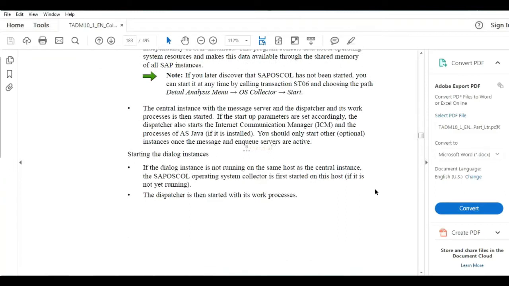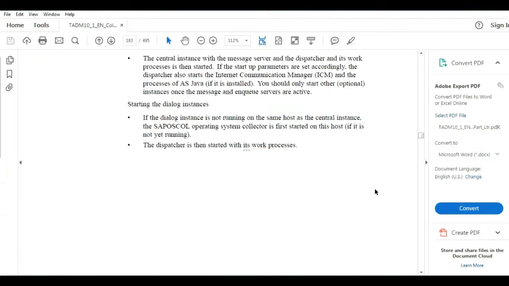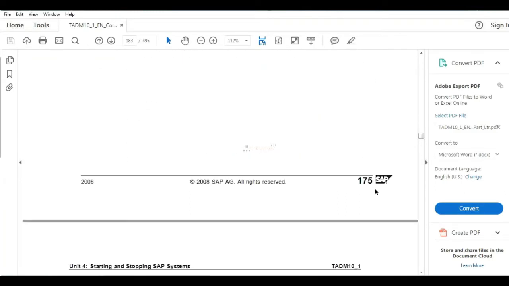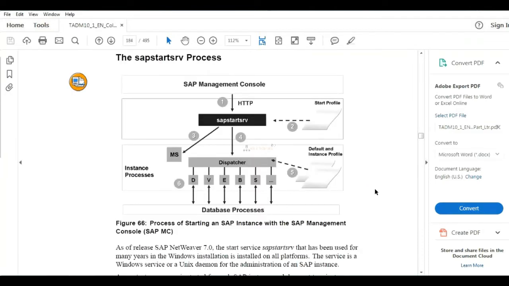So now, when you start your SAP system, what is happening in the backend? When you click on start, or when you fire a command to start SAP, what will happen?